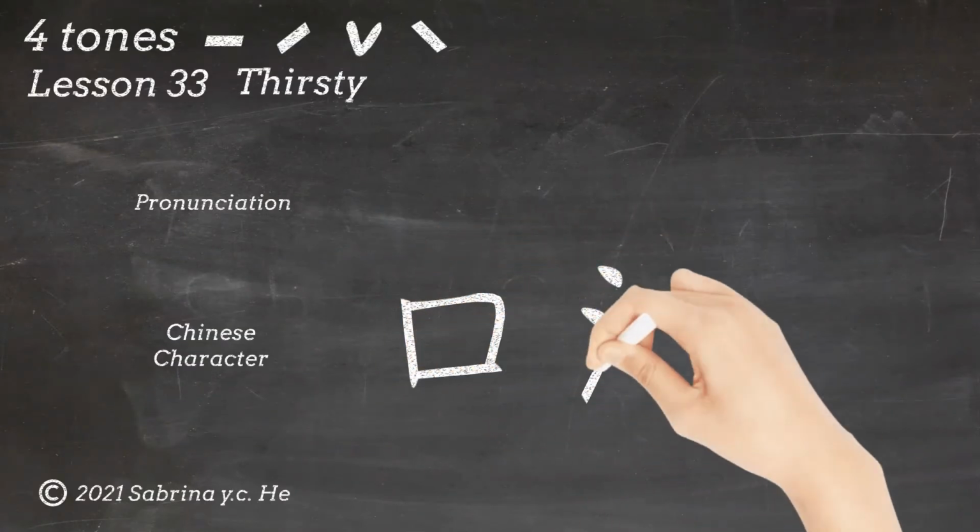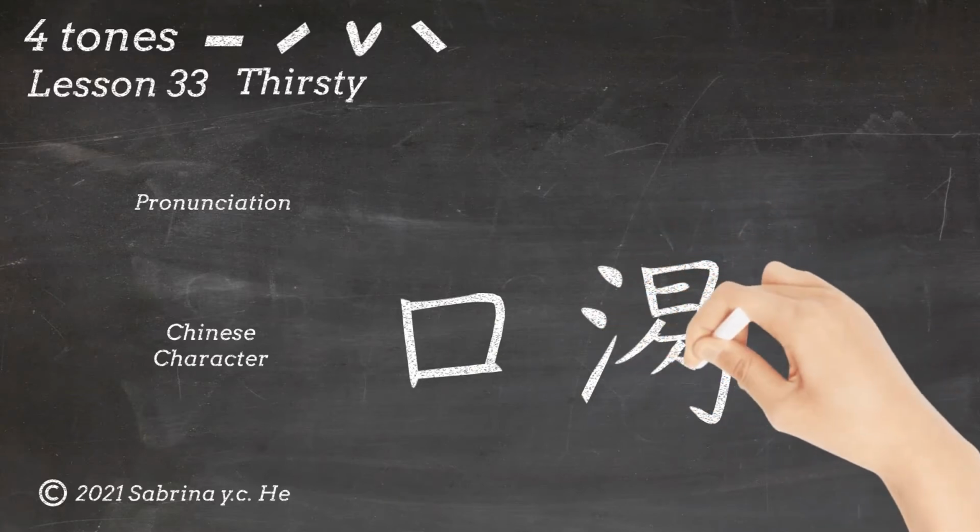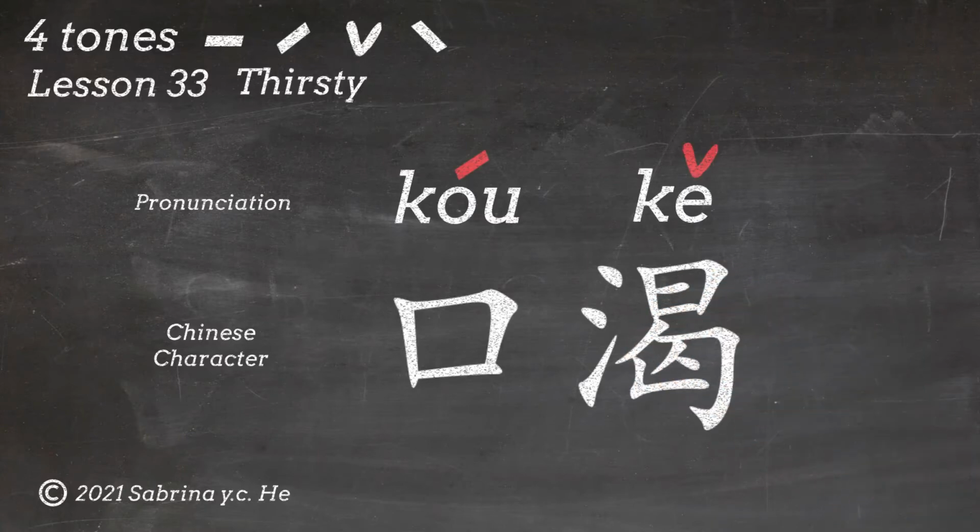Let's learn how to say I'm thirsty in Chinese. Starting with the word thirsty. 口渴 Please repeat after me. 口渴 Let's do it faster. 口渴